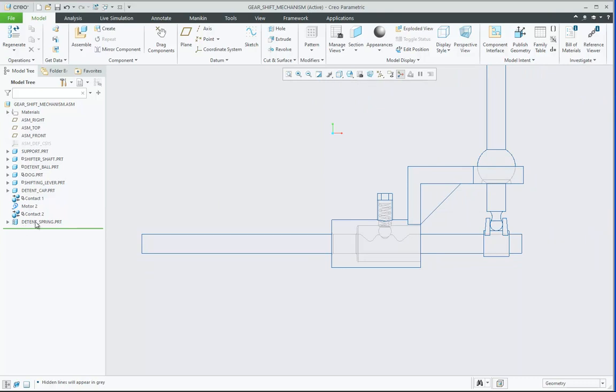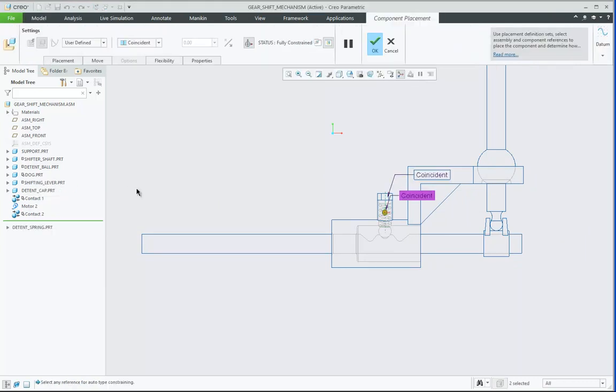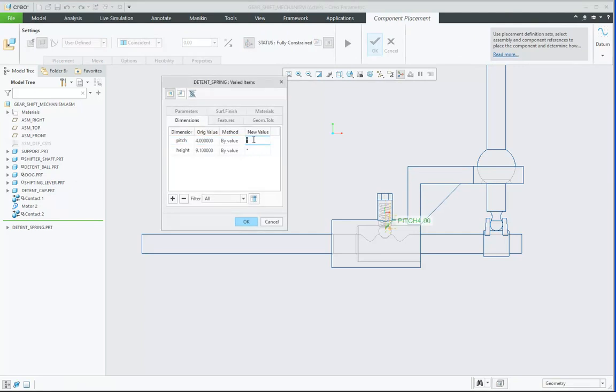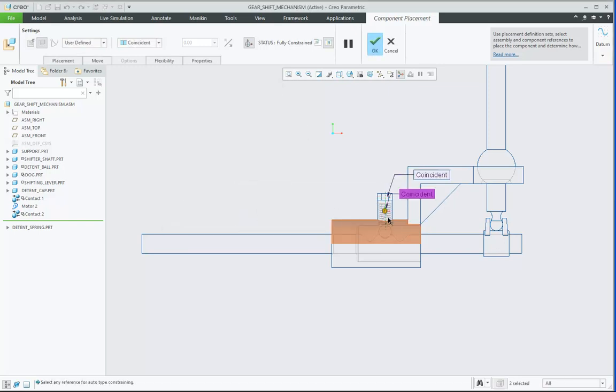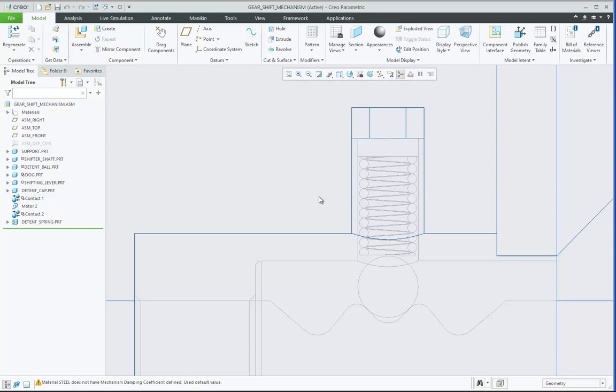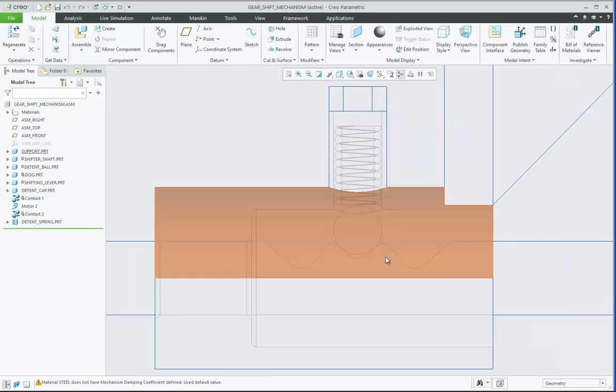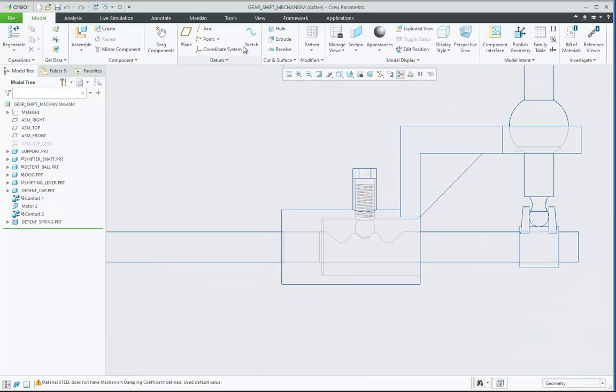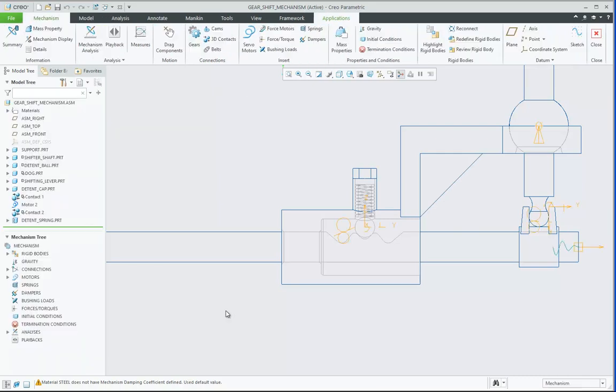For that purpose I will edit the definition of the spring, and in flexibility varied items, for pitch I will make it 1.6 and height I will make it 8. Okay, so now you can see that the spring is compressing like this, and now we can check the mechanism. So in the mechanism,